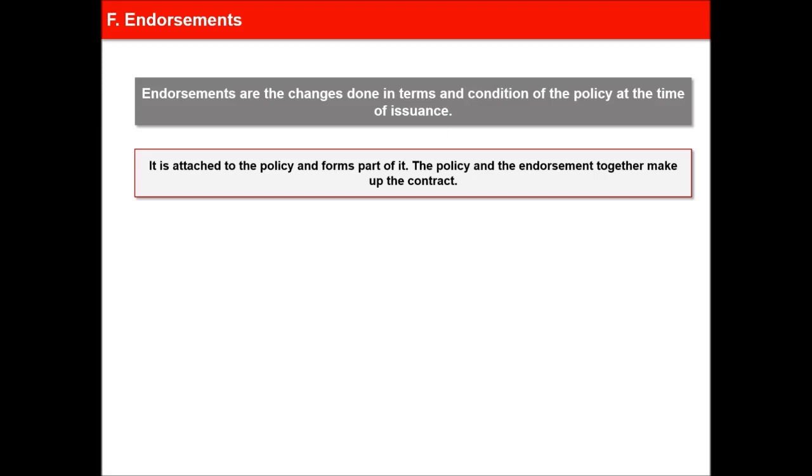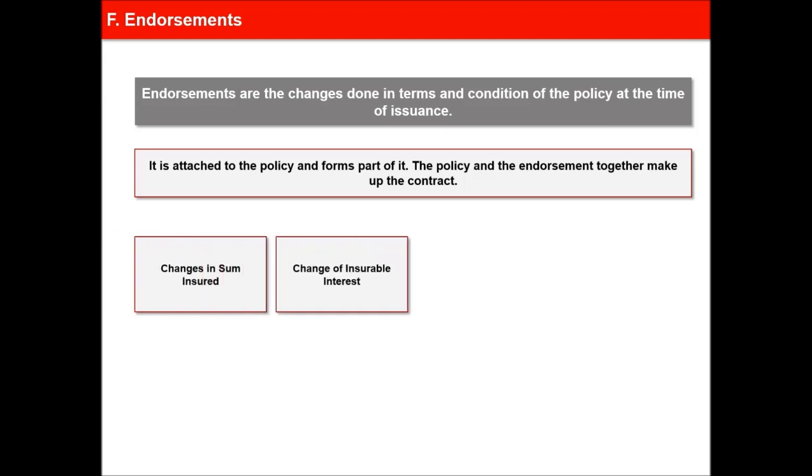Endorsements may also be issued during the currency of the policy to record changes or amendments. Whenever material information changes, the insured has to advise the insurance company, who will take note of this and incorporate the same as part of the insurance contract through the endorsement. Endorsements required under a policy relate to variations or changes in sum insured, change of insurable interest by way of taking a loan or mortgaging the policy to a bank,